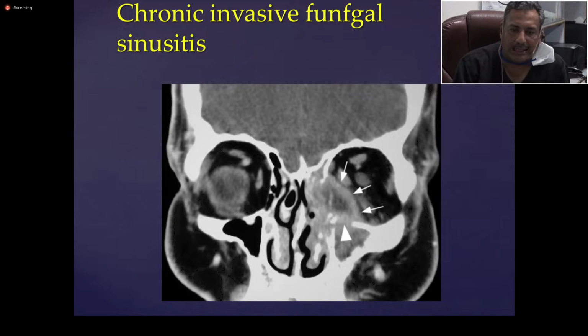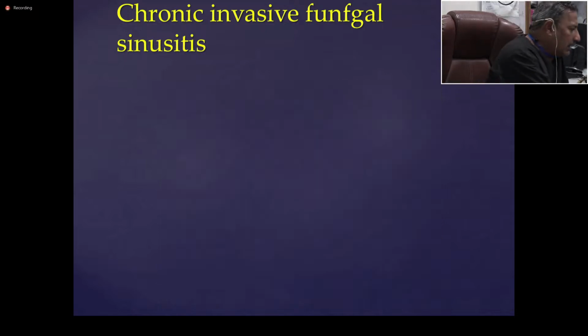No need to remove the entire fungal mass. It will be taken care of by the voriconazole once it is established as a chronic invasive fungal sinusitis. So the radiology has a key role in planning the surgical exercise. You don't have to plan looking at the CT scan from the beginning, a full house FESS, like in the previous